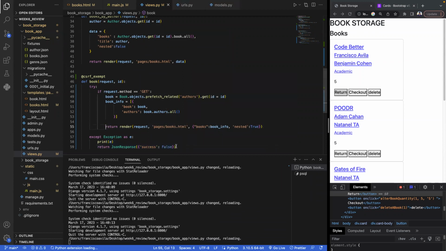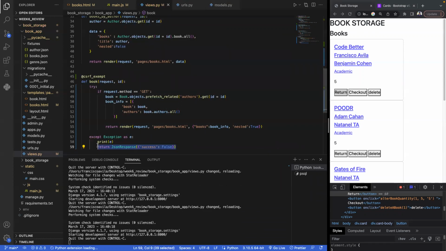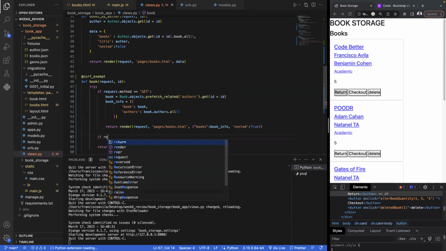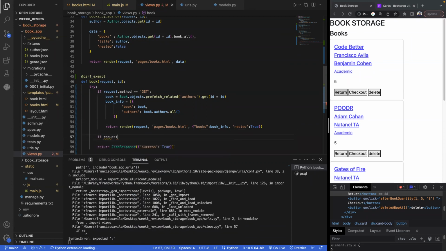This should be indented as well. And outside the indentation, so here, we'll do success is true. All right, so now let's do if request.method is equal to PUT. So now if it's a PUT function,